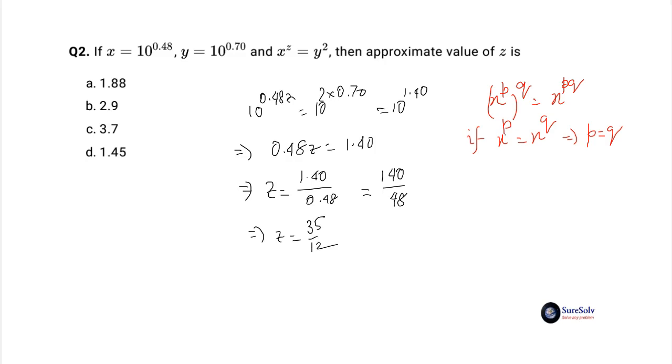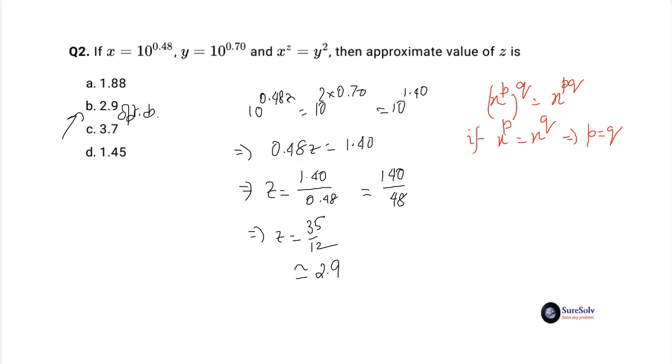Now we can easily derive the approximate value of Z mentally with minimum calculation. First quotient of division of 35 by 12 is 2. Next step, division of 110 by 12 will be after decimal point and quotient will be 9 with remainder just 2. This will result in quotient 1 in the third step and we can ignore it by rounding off as it is less than 5. The approximate value of Z will be then 2.9. Answer is option B, 2.9.